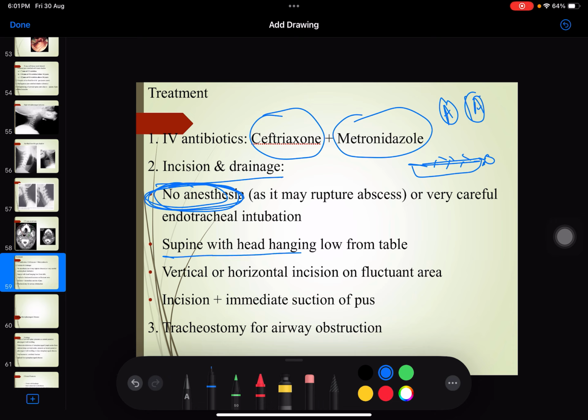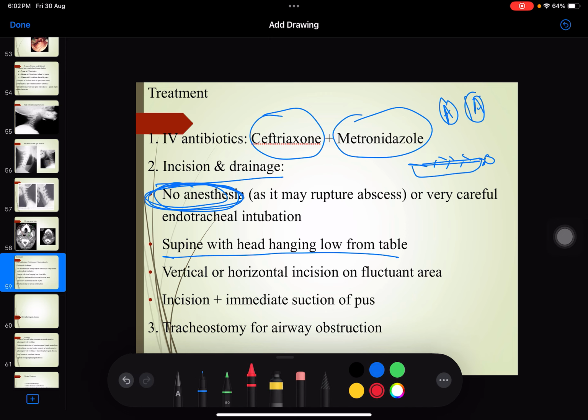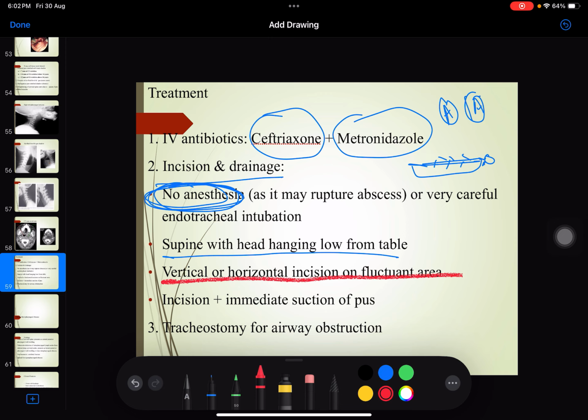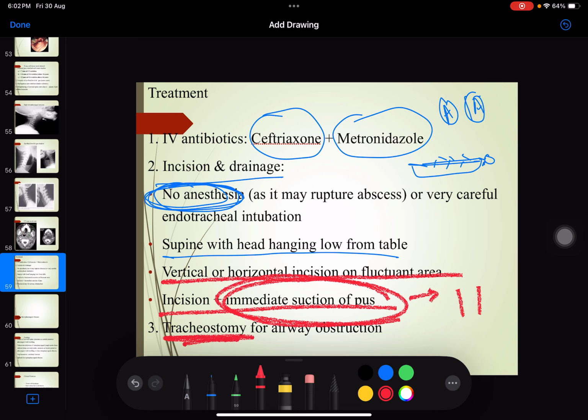So supine with head hanging low from the table, vertical or horizontal incision on the fluctuant area, incision plus immediate suction of the pus, because we don't want this pus to go into the trachea and lead to aspiration pneumonia, isn't it? And then we can also go for tracheostomy. So you need to remember this in a serial manner. Okay, IV